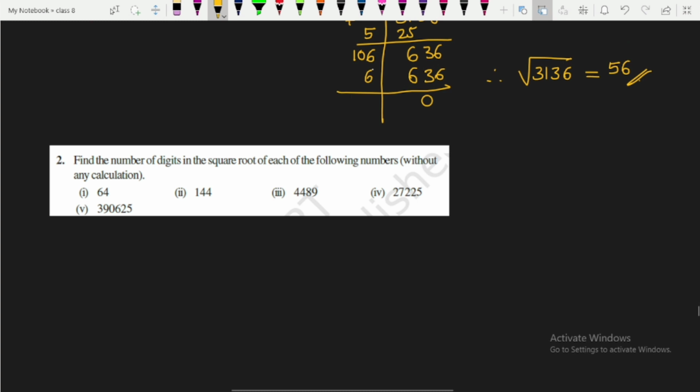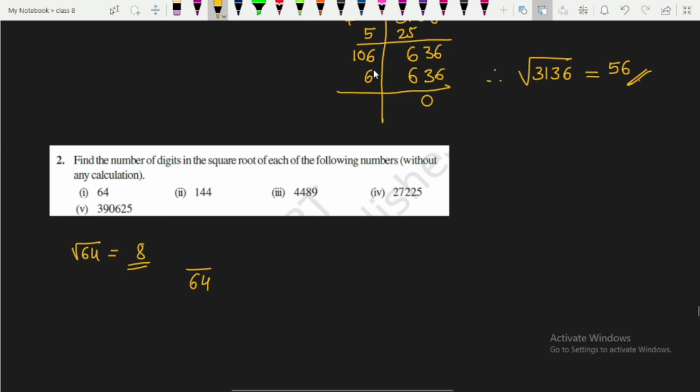Find the number of digits in the square root of each of the following numbers without any calculation. So they are asking, if you find the square root of 64, you know that is 8. You only have to tell how many digits the answer will have after finding the square root. I told you already, whenever you are finding the square root of any number, you have to put